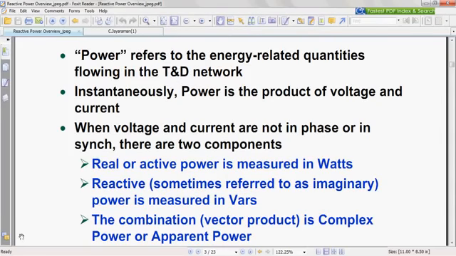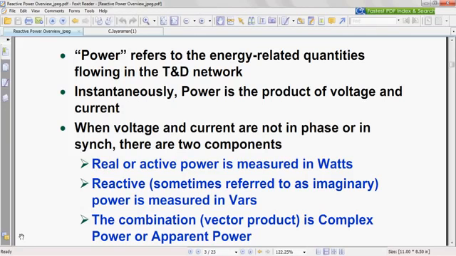In a transmission line or in a circuit or in a network where the voltage and currents are not in phase, that means they are not synchronized, there are always two components of the power: the real power, also known as active power, which is measured in watts. Basically this power is the usable power which can be used as heat or in any